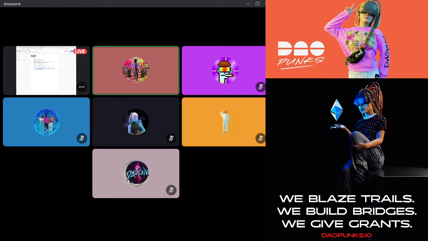And then I had this idea, but I don't know if Snapshot allows you to do anything beyond approve or disapprove. If you can only do approve or deny, then this is kind of moot. But I left this in just in case a proposal had to be more specified than just approve or deny. If it had to be something more than that, you would have to state that here. That's what I meant by voting options.